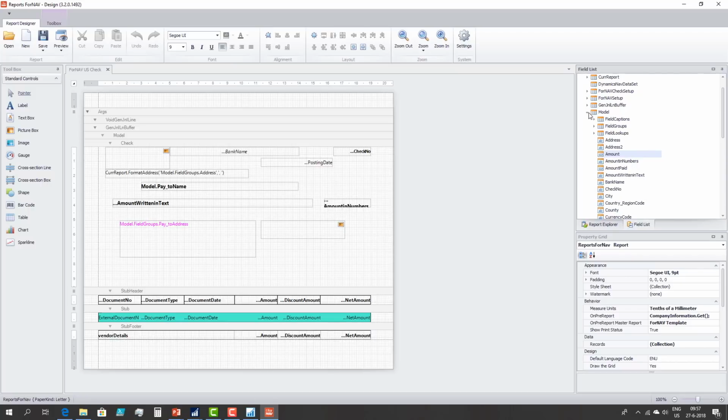Next to the model, you can of course add other fields as well. You can add the general journal line fields, or you can add the ForNAV setup fields. And if you look closely into the model table, you can see that we have the pay to vendor number field, and with that field it allows you, if you want to